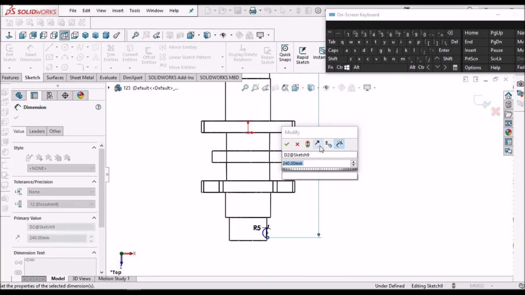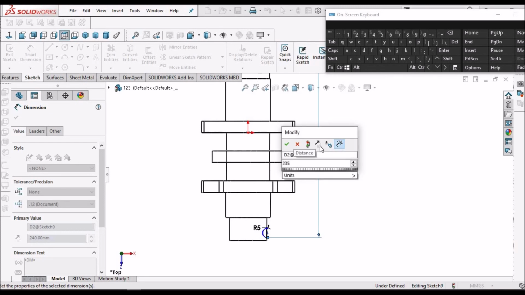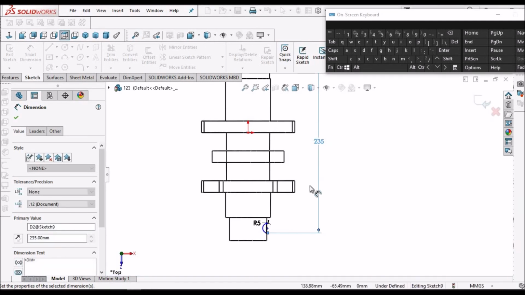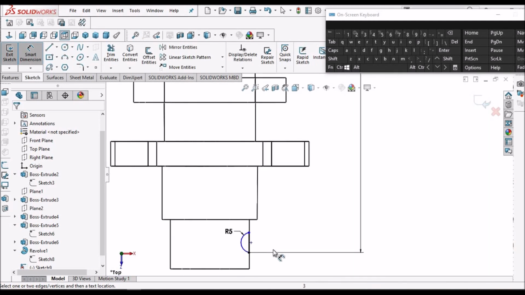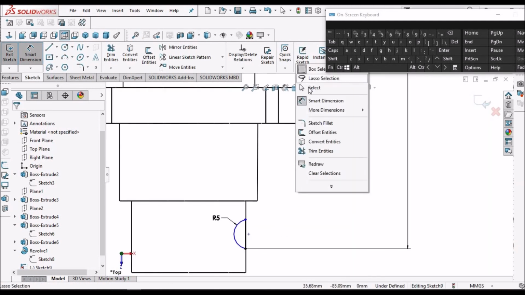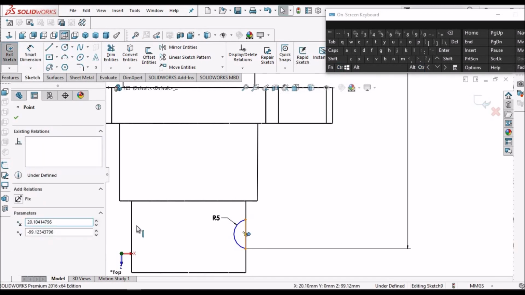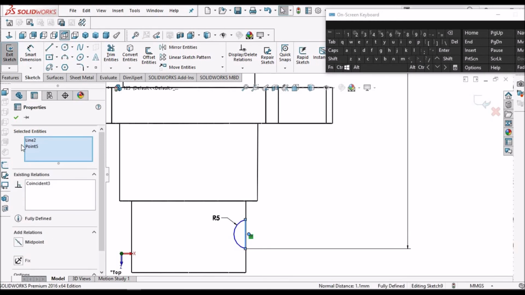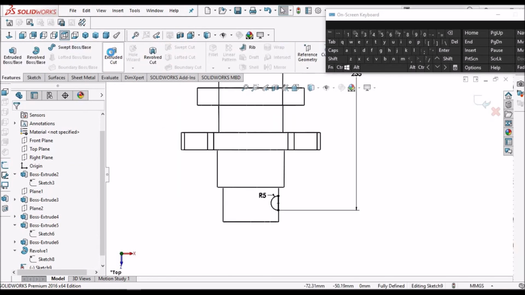For time being, I will give 235. Say okay. Control this and select this, make it coincide. Okay, save. Okay. Go to cut feature.